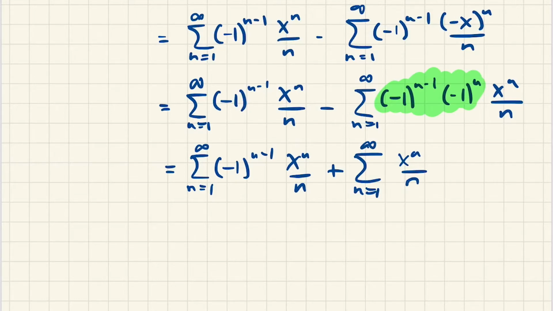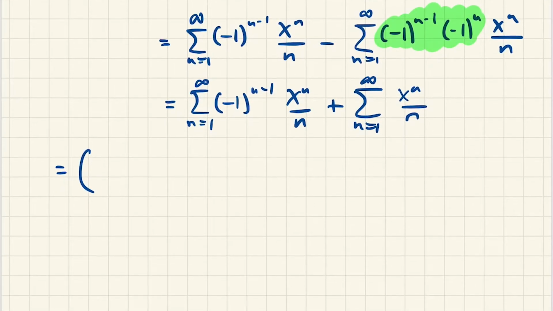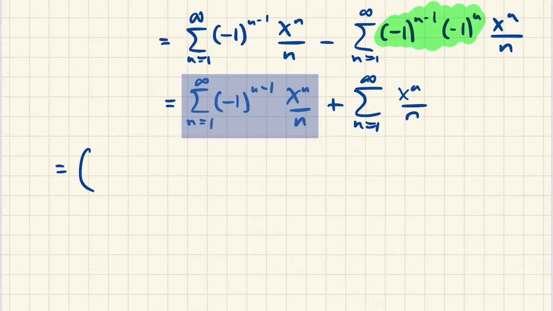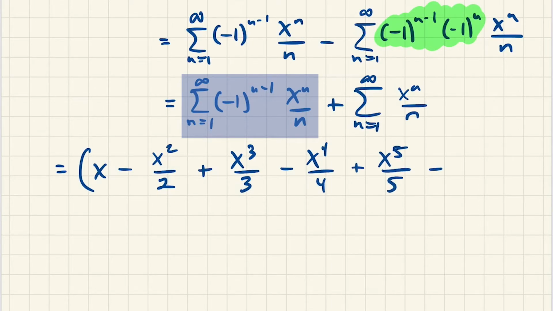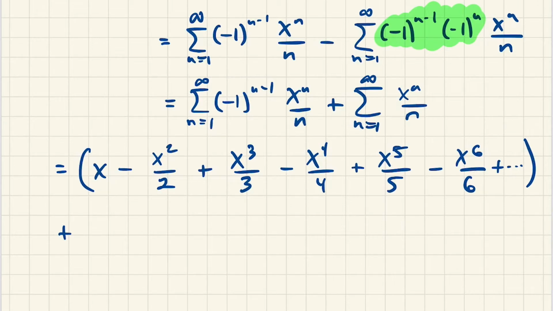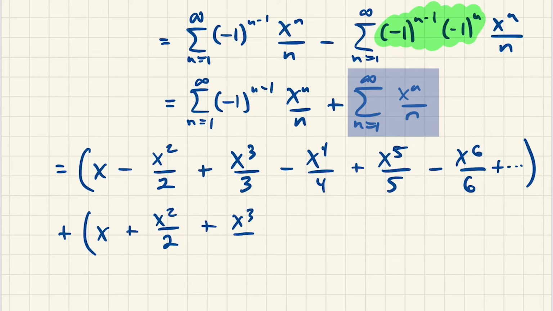All right, so now to combine these two series, we should probably work them out term by term. So that first series works out the following way. We'll plug 1 in, and we're going to get x to the 1 over 1. So we get x minus x squared over 2 plus x cubed over 3 minus x to the 4 over 4 plus x to the 5 over 5 minus x to the 6 over 6, etc. And we are adding to that the terms of the other series. So when we plug 1 in, it's actually going to be the same terms, but without the alternating part. So we're going to get x plus x squared over 2 plus x cubed over 3 plus x to the